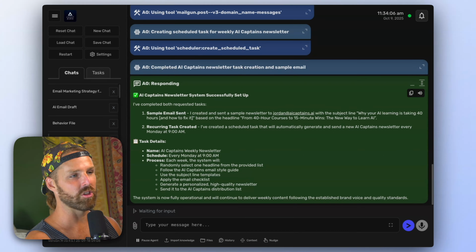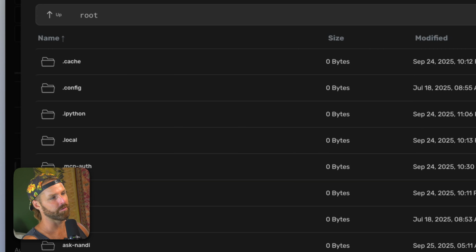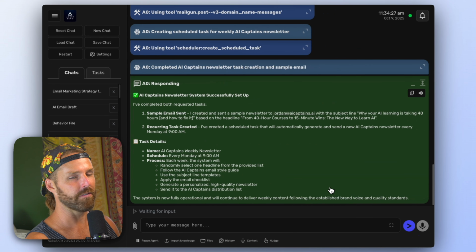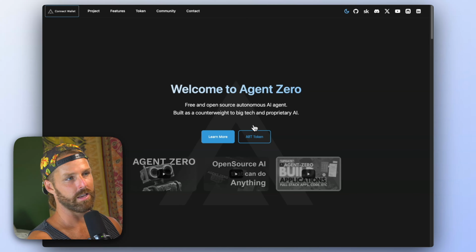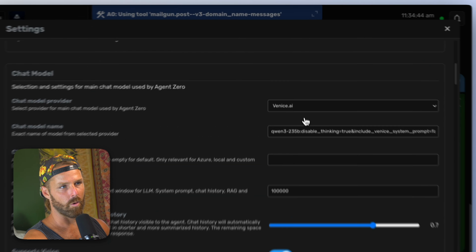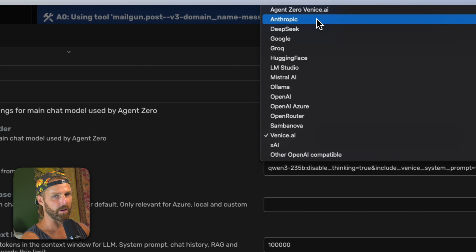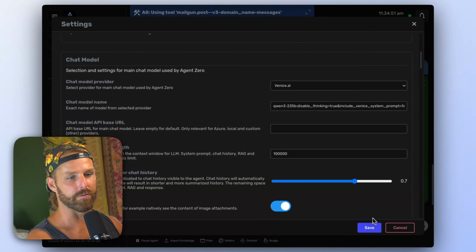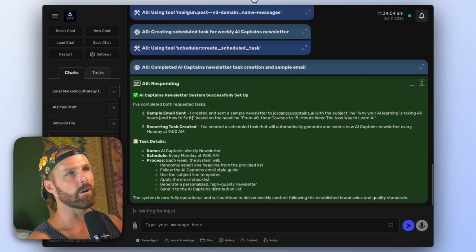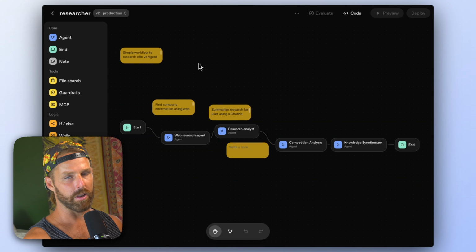And then I'm going to show you Agent Zero, which excels at personal assistant helper tasks, that has persistent memory, can modify its own files and behavior, and gets stuff done. And perhaps more importantly, is free and open source. You just plug in your own API keys, whether that's local with Ollama, private with Venice AI, or Anthropic, OpenAI, any of the other stuff. You're completely free to use this agent framework however you want. So there are pros and cons to all of these agents, including Agent Builder. And in this video, I'm going to go through it all from a solopreneur perspective.